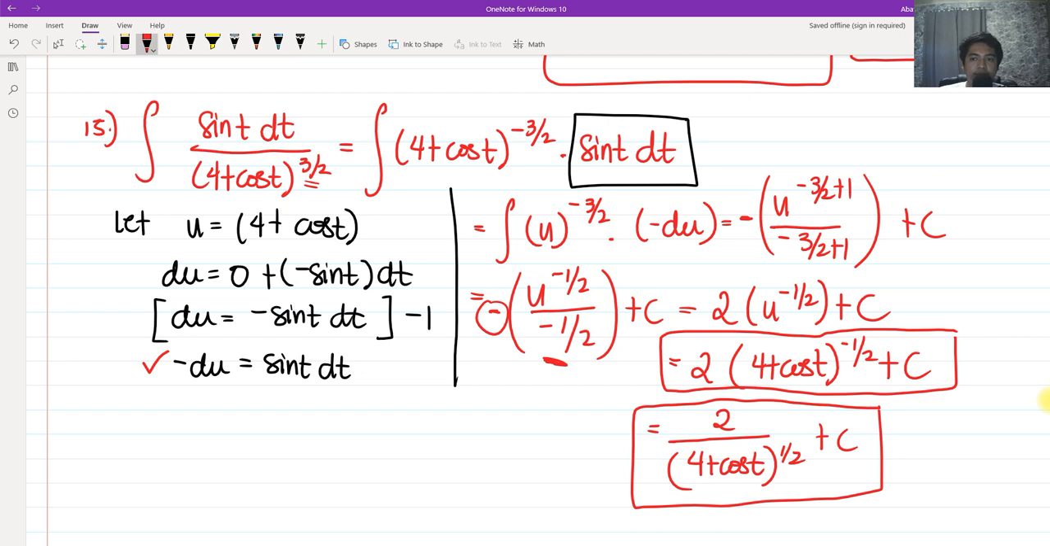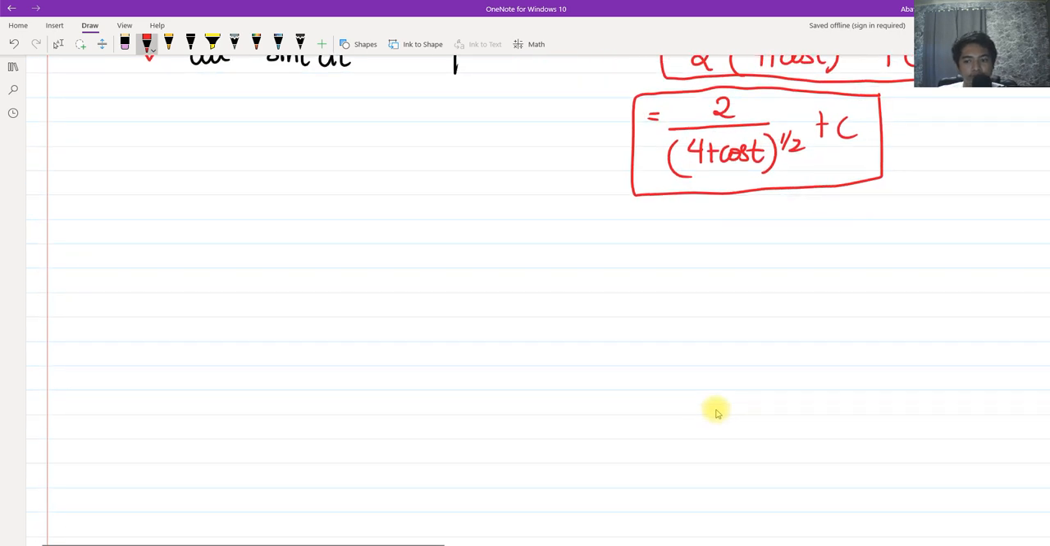Okay? So for number 16, we have to find the integral of cotangent alpha, then cosecant squared alpha d alpha. Okay? So now we can use u substitution in here. So we can let